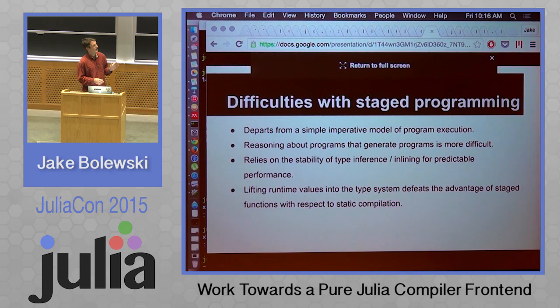Because if you're relying a lot on the static compilation to do inlining, then sometimes, are we done? Yeah. Oh, sorry. Okay,